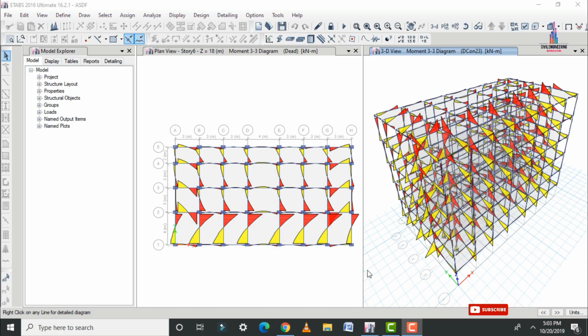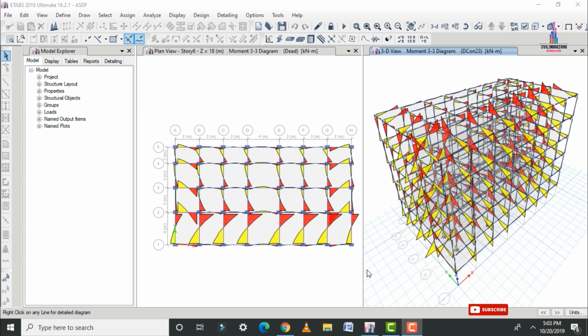In this video, I will explain the design of a floating column in a building using ETABS software. I already explained my modeling process as well as the analysis process in my previous video. I will provide that video link in the card above and in the description below. You can watch that video for part 1. In this video, I will explain the complete design process for this floating column building using